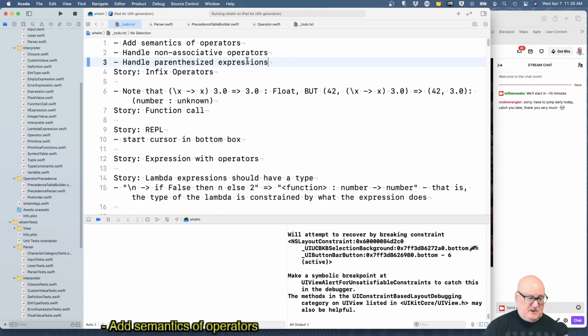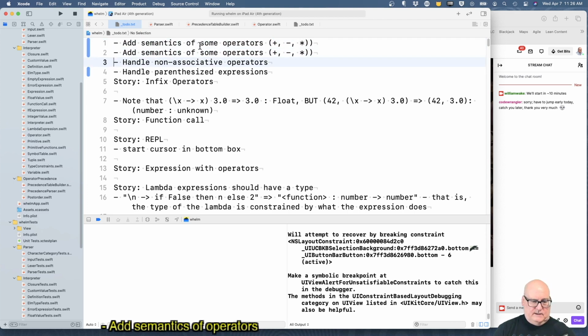And I think I know what's going on there. We did plus, minus, times, and we need to do remaining operators other than plus, minus, times.